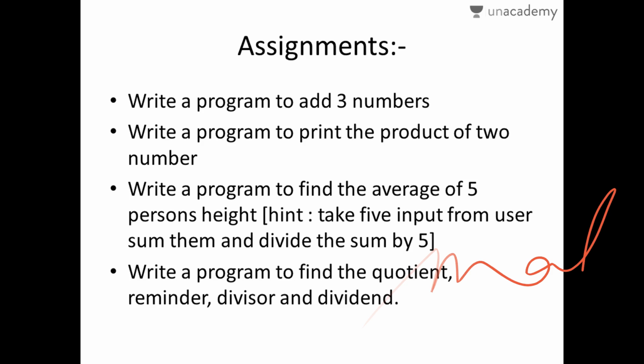Means in the place of %a, %b, you need to write %c. In the place of %d, you need to add one more %d. That is, if you were taking 3 variables a, b and sum, you need to take 4 variables a, b, c and sum. Okay, in the same way you need to do the product also. You can take double a, b, product. Now you need to do the operation a into b, and store it in the product variable.